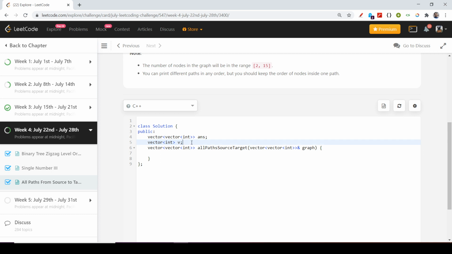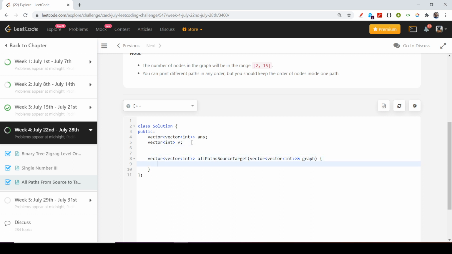And when my path is whole, like I reach the node n minus 1, I will insert it back into my answer. Now, as we know, for LeetCode we should clear, because they might use it again. So it is always recommended to clear the arrays or vectors.